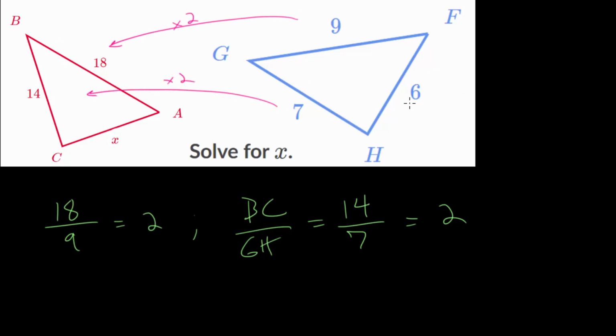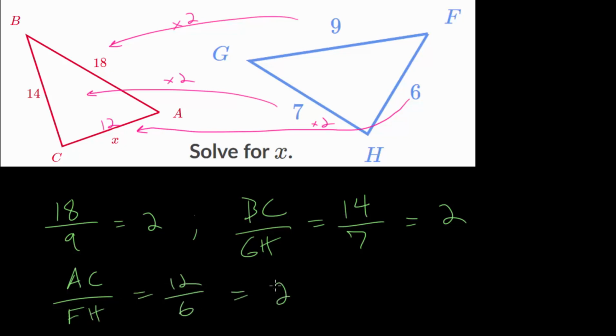And if we know this one is 6, that means that after doubling it, this would have to be 12. And we can see that's true because if we take that ratio of AC, the small side here, compared to the small side here, FH, we get 12 over 6, which is 2, which is also equal to that proportionality constant. So if we want, we could write that triangle ABC